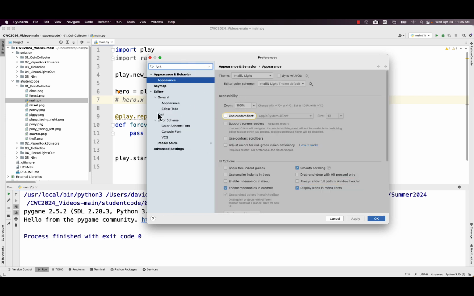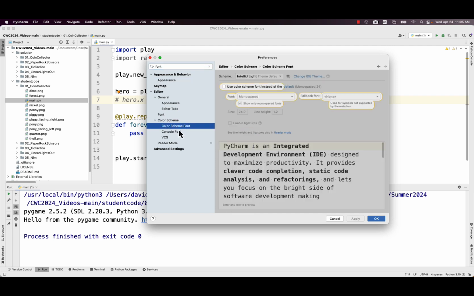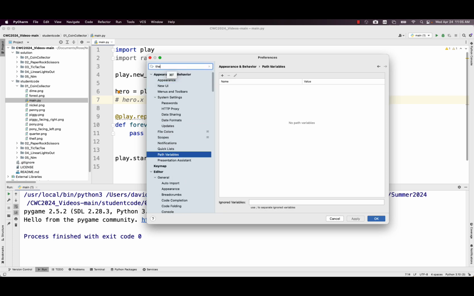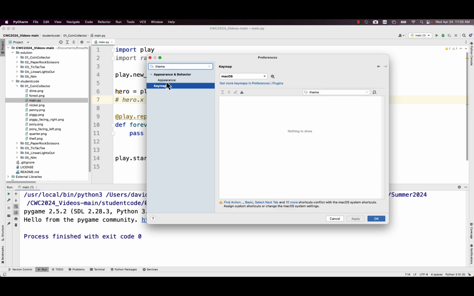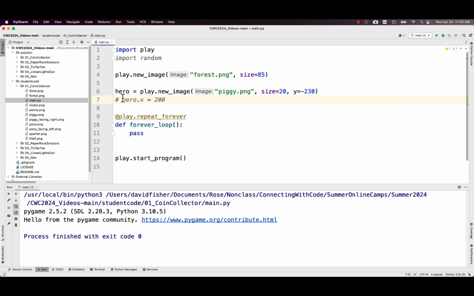I could use a custom font, I could use color schemes, all kinds of things, right? All right, I'm just going to let it go. I'll tell you what, I'm going to switch my theme to the light theme just because I actually do prefer the IntelliJ light theme. But you can use whatever you would like. Cool. So I think that's good enough. All right. I did kind of like my hot pink comments, but that's okay.